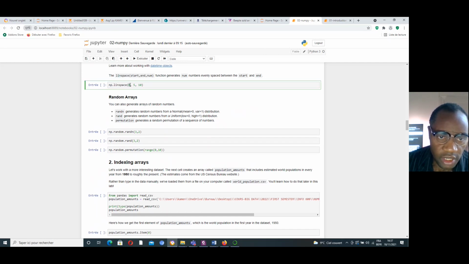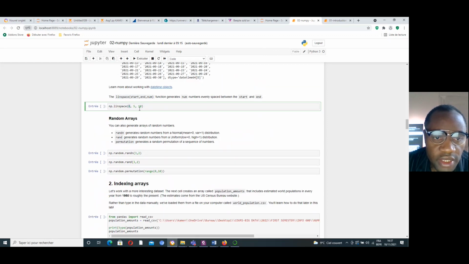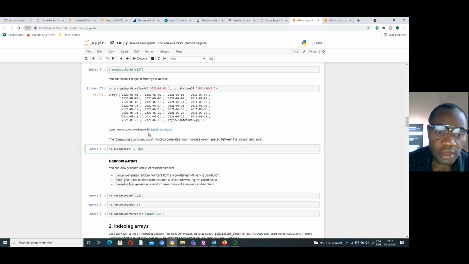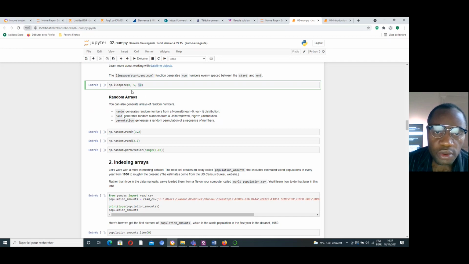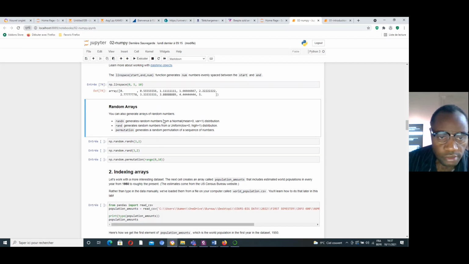If I begin with 0, that's the first number, and the end is 5, we can calculate the linspace between these numbers. This number shouldn't be a step like in the other example; it is used to generate the evenly spaced numbers between these numbers. Let's go ahead and get it.